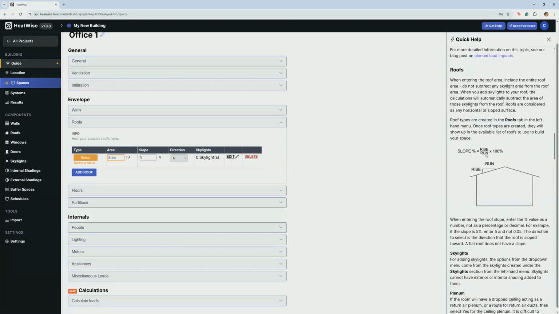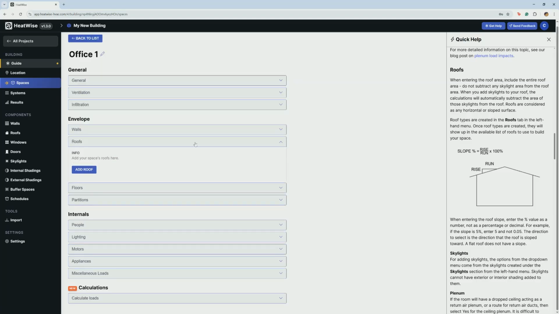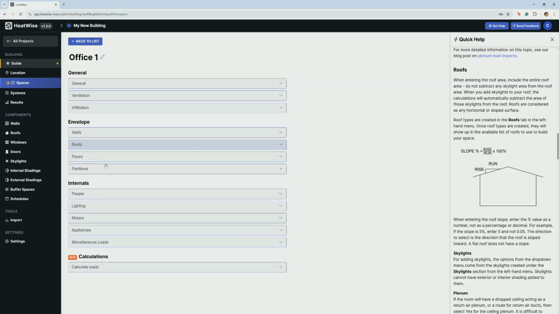If we go down to the roof section, you'll see what exactly is meant by that. It's not an angle, it's a percentage, so just keep that in mind. And instead of adding windows and doors, you have the option to add skylights. Skylights come from the Skylights tab, and creating a skylight is virtually identical to creating a window. Because of how similar it is, I won't dive into this now. We'll actually not add a roof to this example, but creating one and the whole process is basically identical to